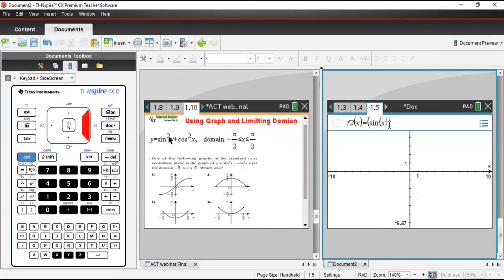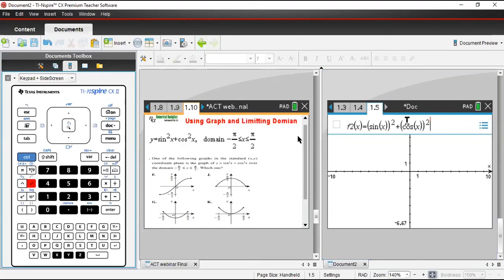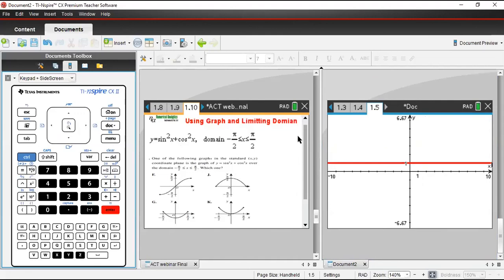We'll write sine square plus then cos square. So if I hit enter, it will show me a straight line. It will show me a straight line. Okay, so if you see